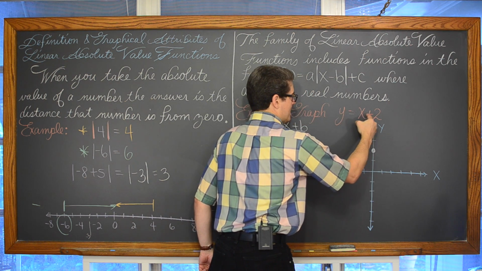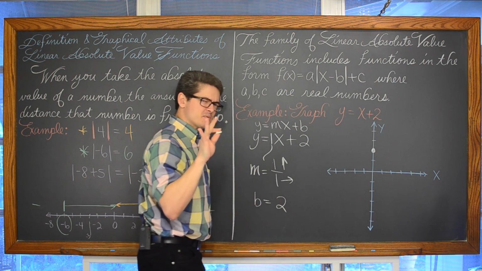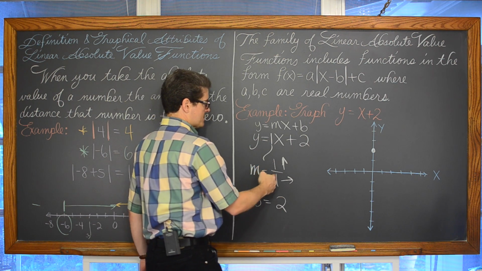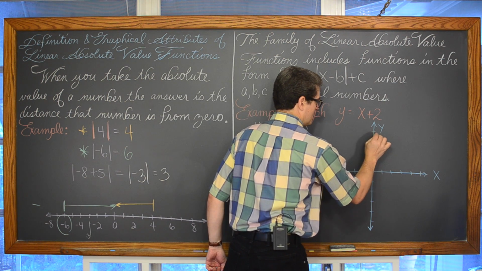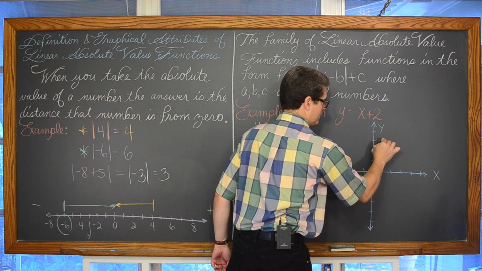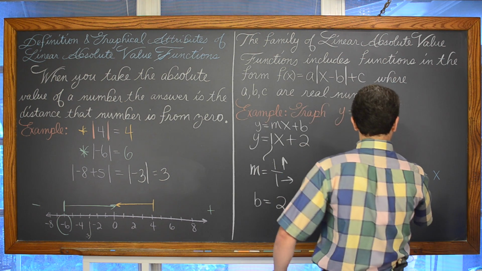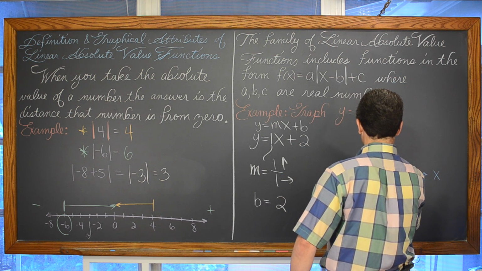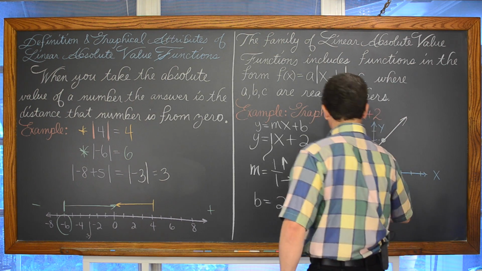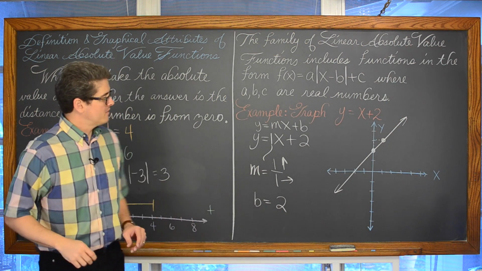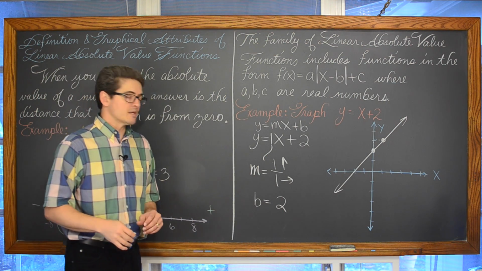Again, y equals mx plus b. Our slope in that specific form is the coefficient of x. So we're going to rise 1, run 1, make a new point, and sketch this line, which, since this isn't graph paper, is not going to be perfect, but looks something like that. That's the graph of y is equal to x plus 2.